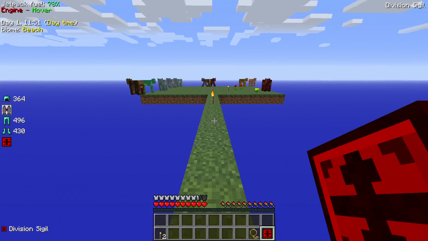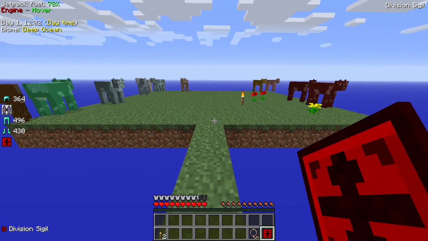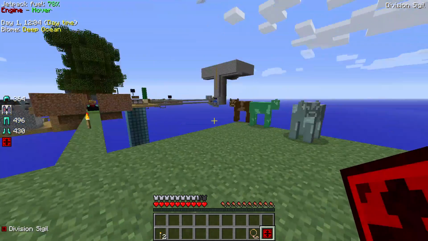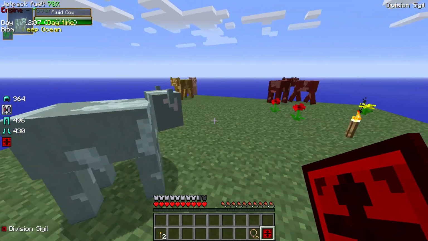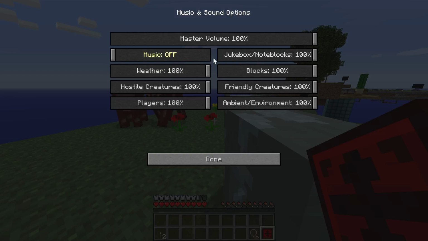Now, what else I did is I tried to check off an achievement, or at least get one started. The problem that I'm running into is that nothing but fluid cows is spawning here, right? Nothing but fluid cows, and they are extremely loud. But nothing but fluid cows are spawning, so I find it interesting that... I'll just leave that all the way up and turn down